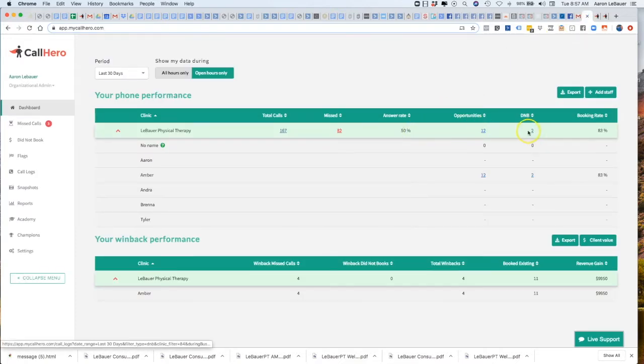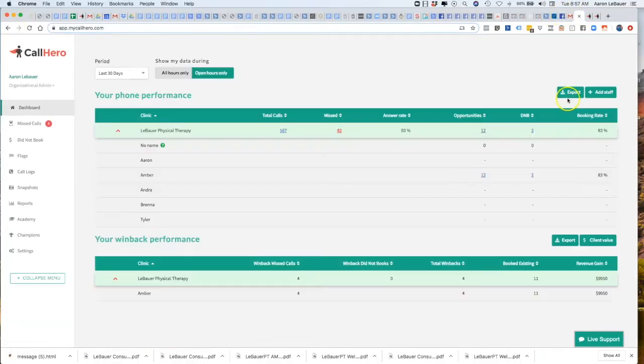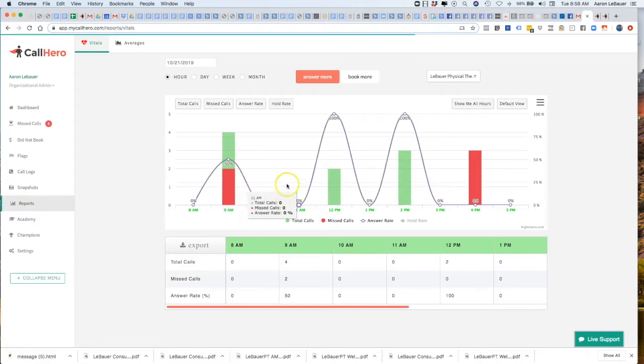Opportunities, did not book. Okay, so let me show you. Okay, that's not what I want to show. Okay, so let's go to, here it is, reports. This is where I want to head right now. So this will show you,